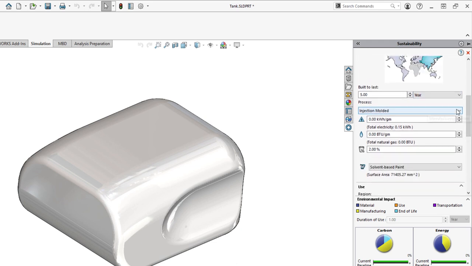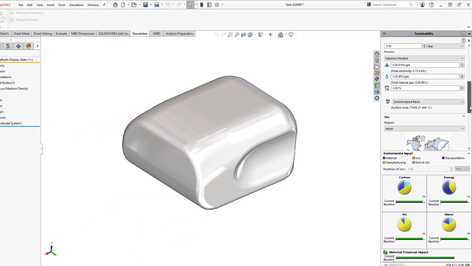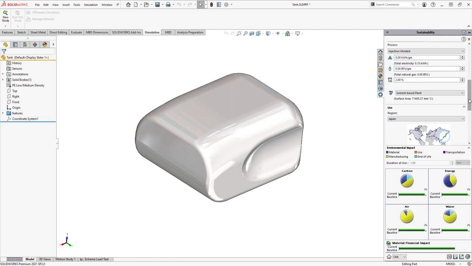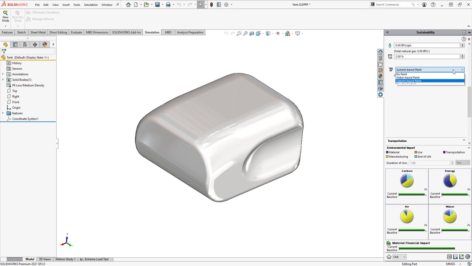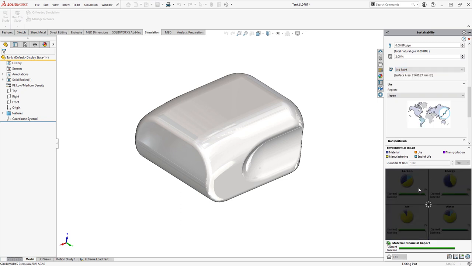Also, depending on the manufacturing process, as you can see here, these are relevant to plastics. We can input, or use the default values given where available for the electricity and gas use during that process. And also we can put in here an allowance for any scrappage. We make 10,000 of these. It may be that a few tens or even 100 of those need to be binned because they don't get through QA.